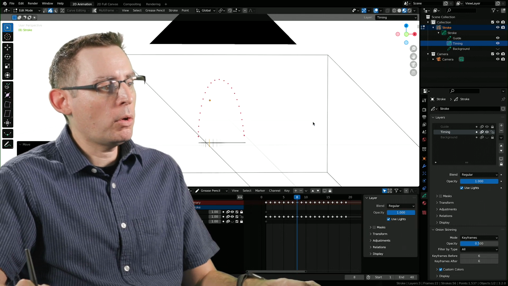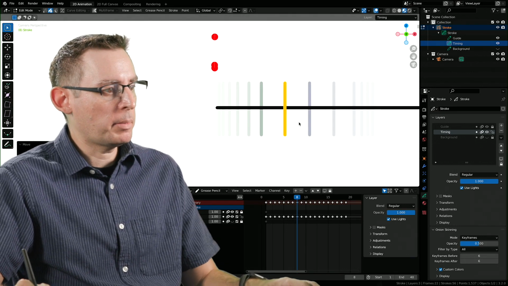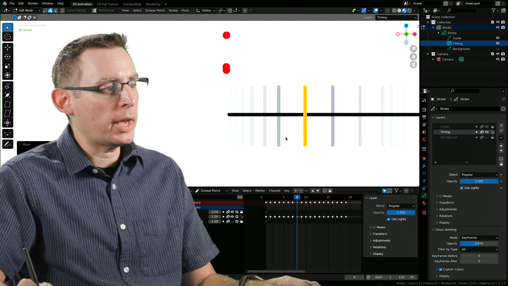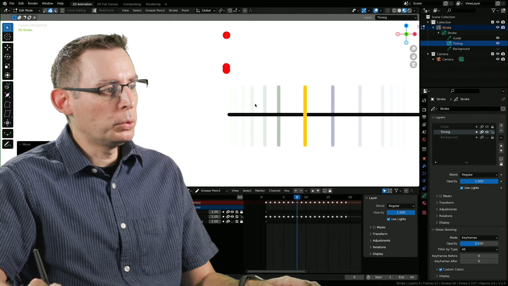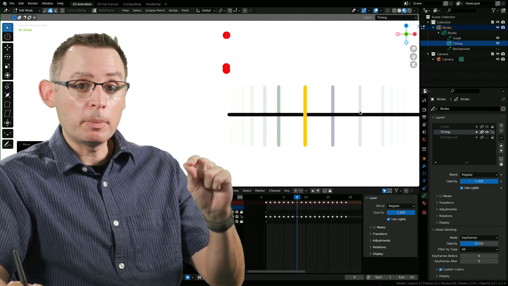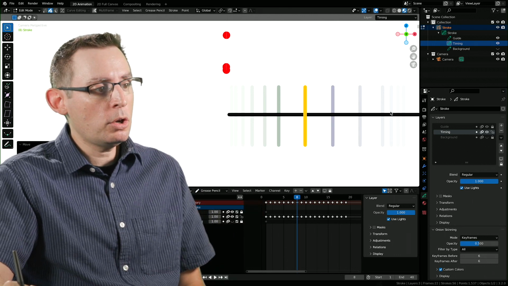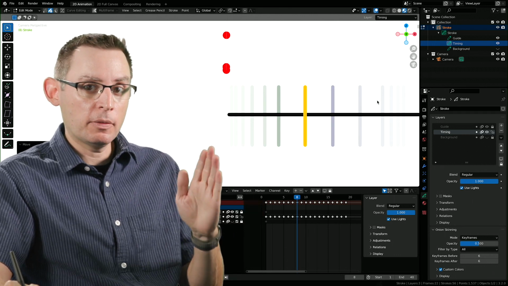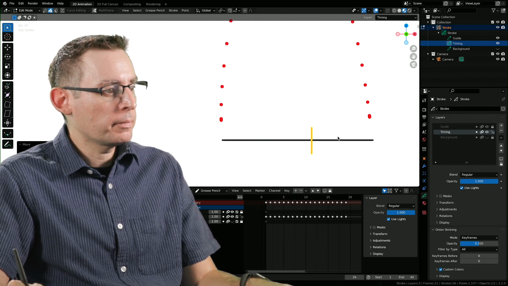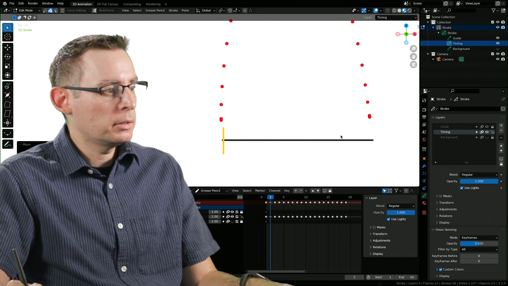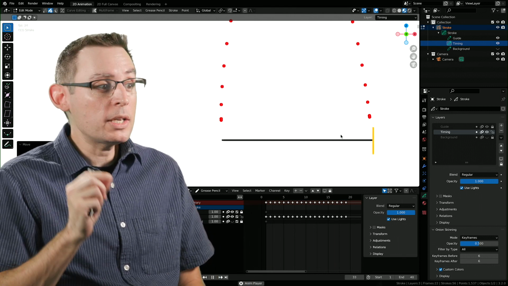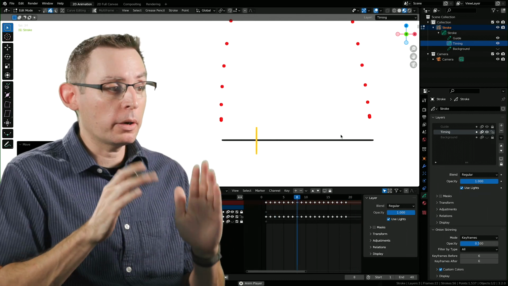Cool. Now, if you look at the way that all this is working out, apologies, let me go back into my camera's viewfinder. If you look at the way that all this is working out, you can actually start to visualize the squash here. All the ruler markers are pretty closely, tightly together. Where it spaces out, the ball is going to be moving upwards, and it slows down as it reaches the apex of its arc right over here. Let's play the animation and see what we get. Squash, stretch. Yeah, I'm digging that. This is a great illustration of the first part of the timing chart.